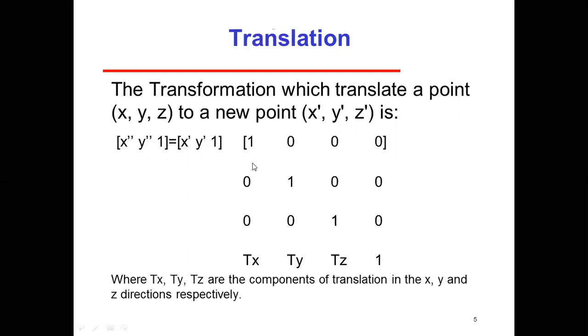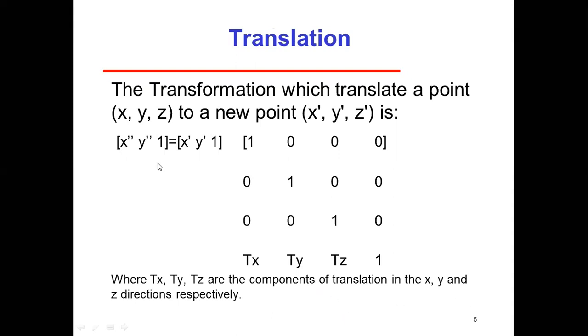So you can write 1 0 0 tx, 0 1 0 ty, 0 0 1 tz, 0 0 0 1, to maintain the identity of this matrix. Here we are considering 1, here we are considering 1, and so on. Whenever you multiply these all, when you solve this matrix, you will get the same equations in the form of 3D. Now you can calculate the values of this, where tx, ty, tz are the components of the translation in x, y and z direction.